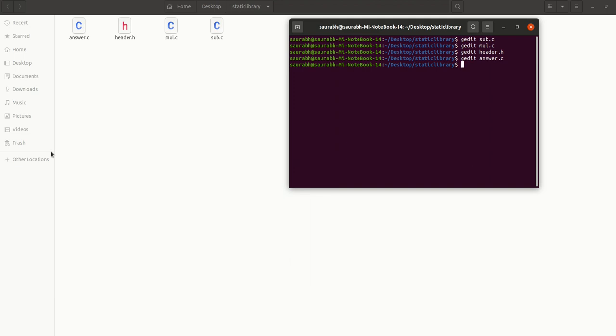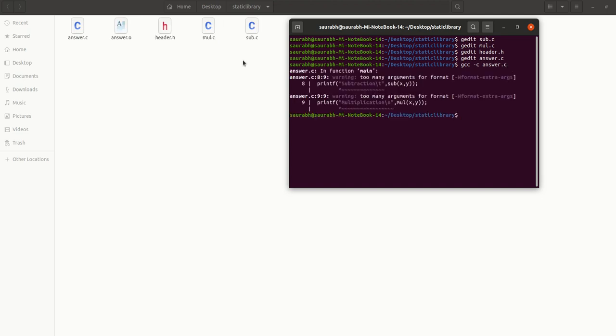Now we will create object files of all the C files. How can we do that? gcc -c answer.c. Here we go, we have answer.o as the object file.